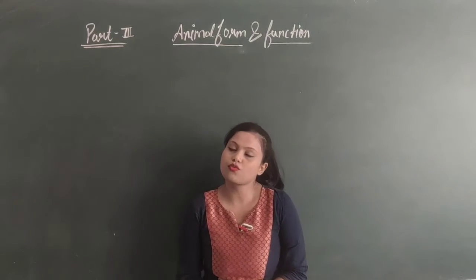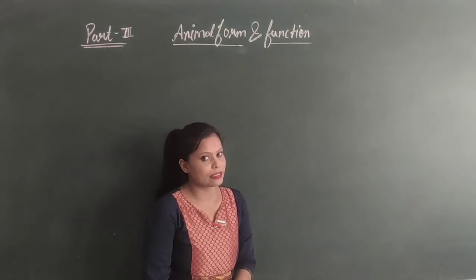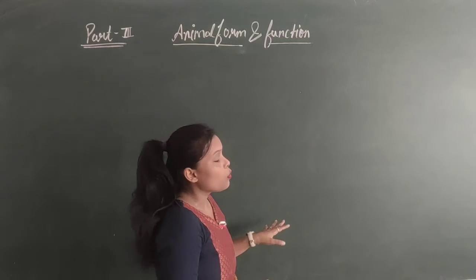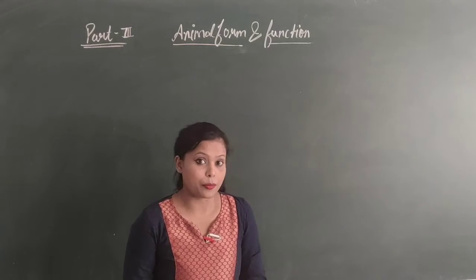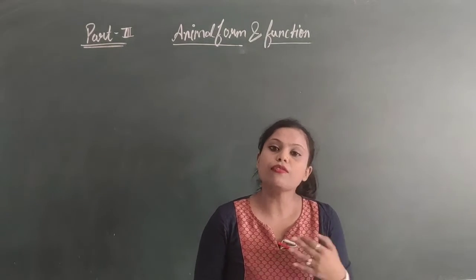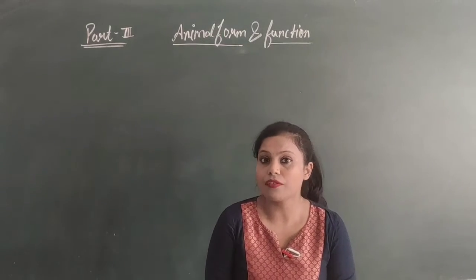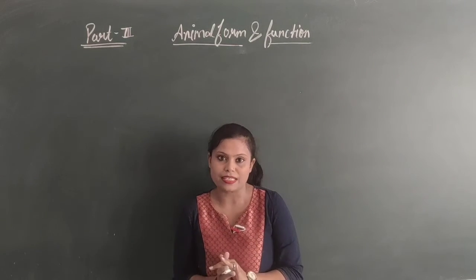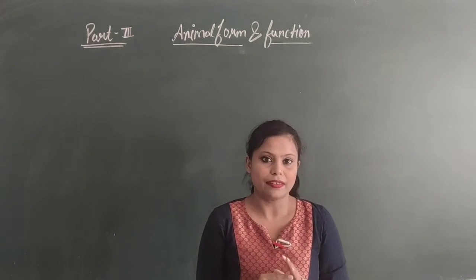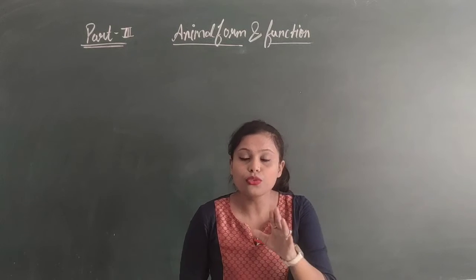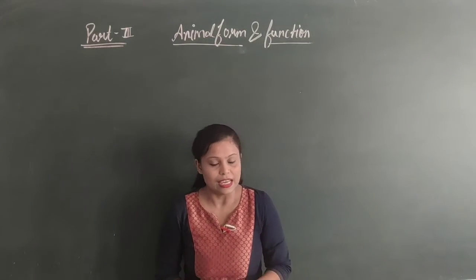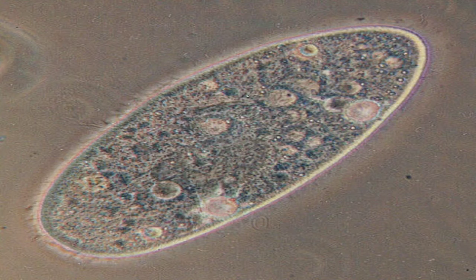In the previous part of this video, we read about the skeletal system and the types of bones. Now we will study the joints which are present in our skeletal system and how they work. In the previous class, in 5th class, we read about joints like the hinge joint, pivot joint, gliding joint, etc. You know a little bit. Now we will study them in detail. Let's study them one by one.